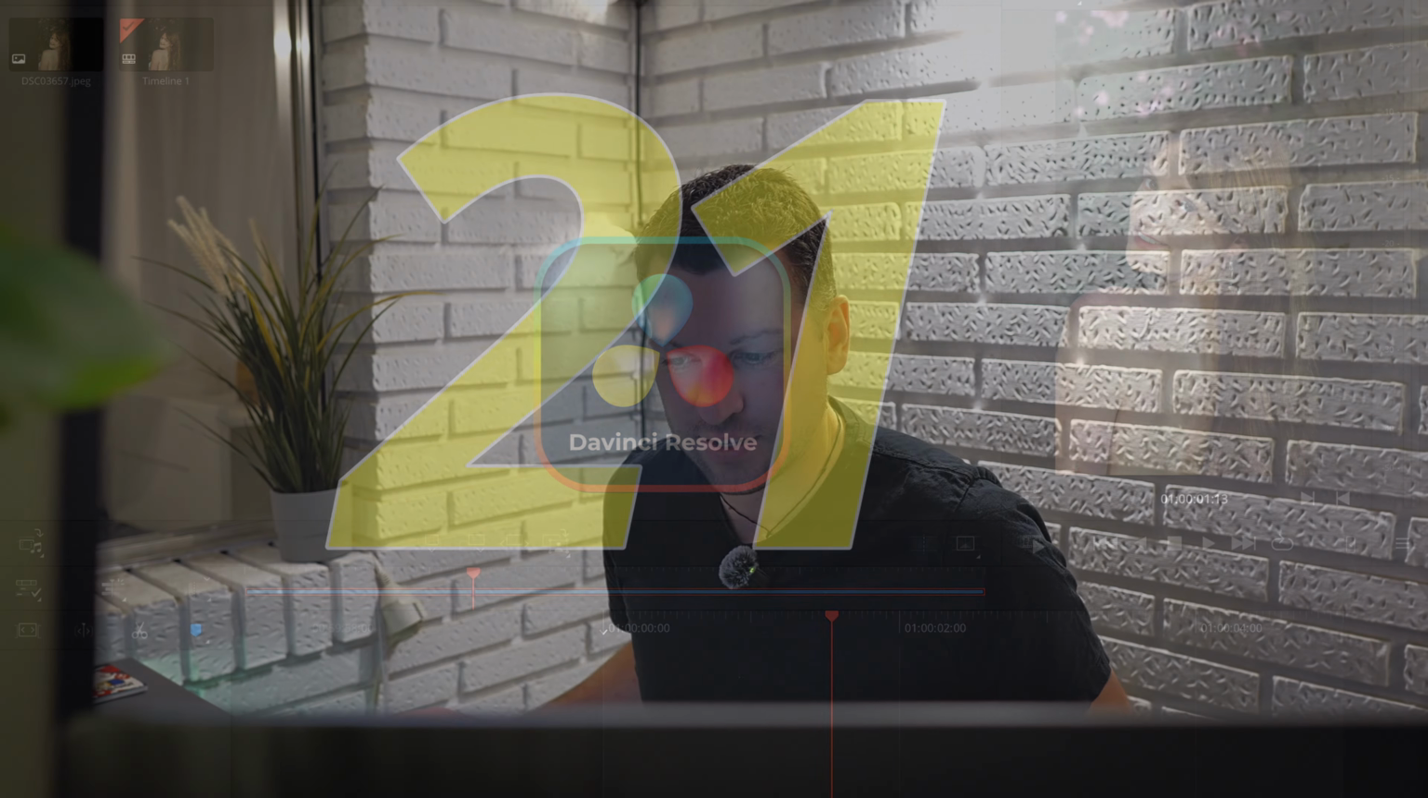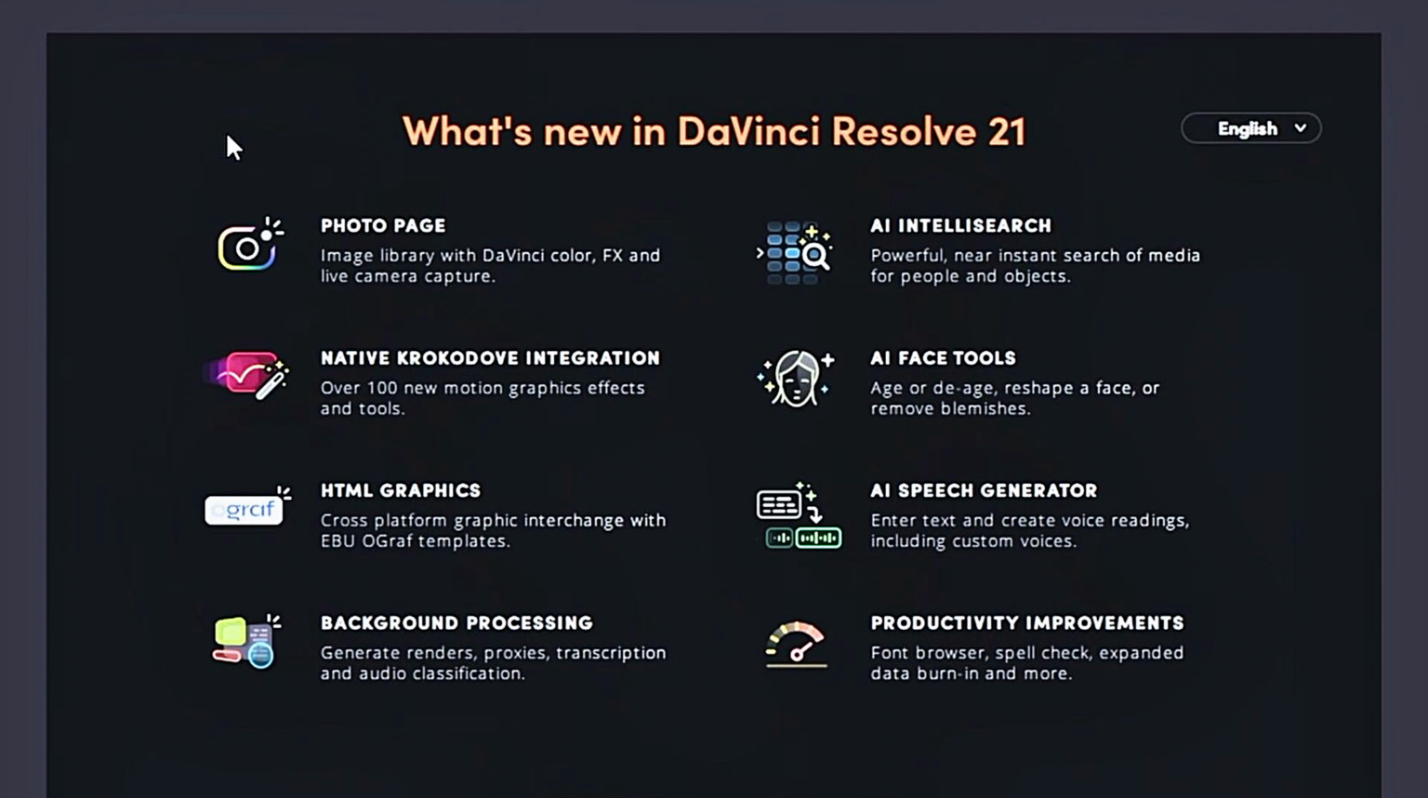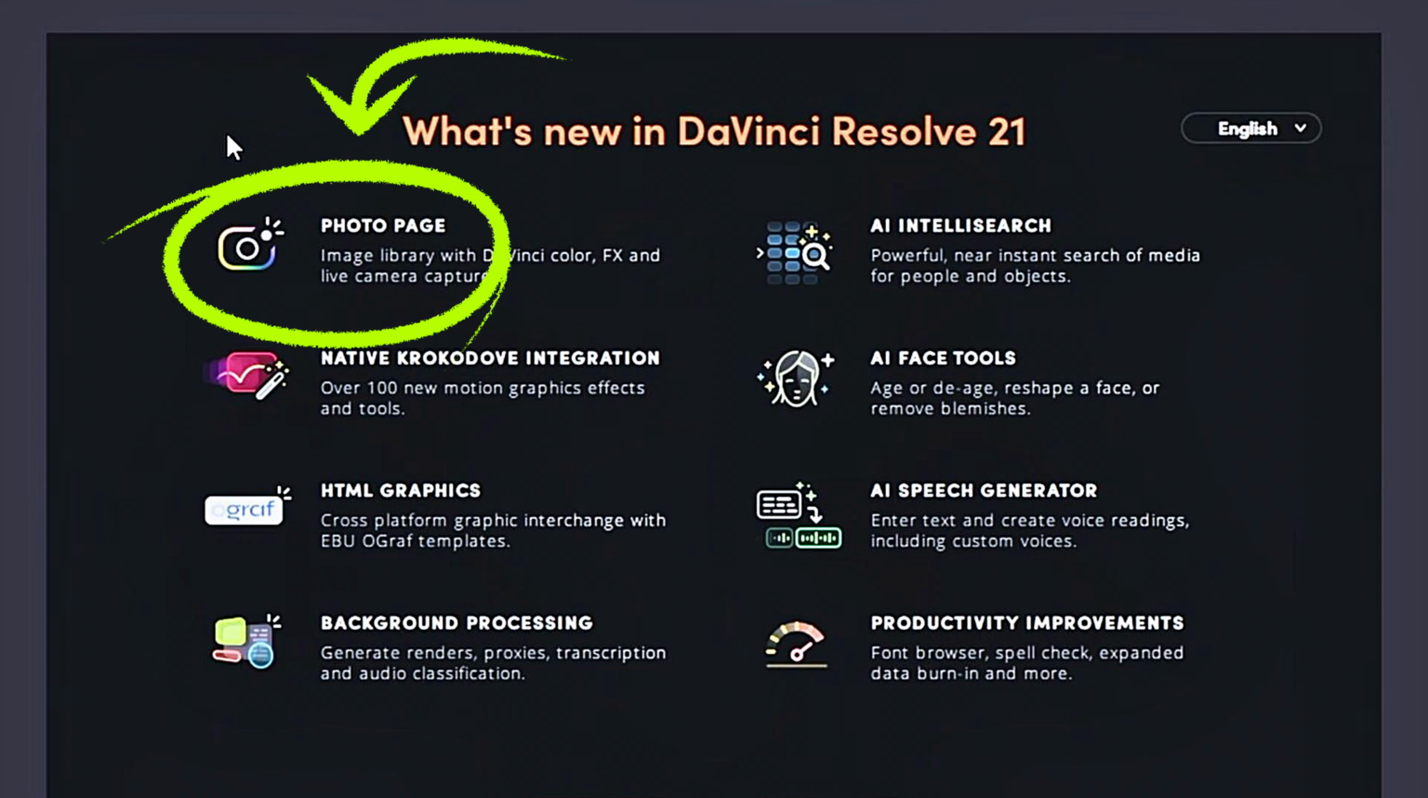Great. So, as you know, DaVinci Resolve 21 has just come out, which is exciting as they've got some neat new photo editing apps built into it. So I thought I'd give you a bit of a rundown today on how to actually set that up on